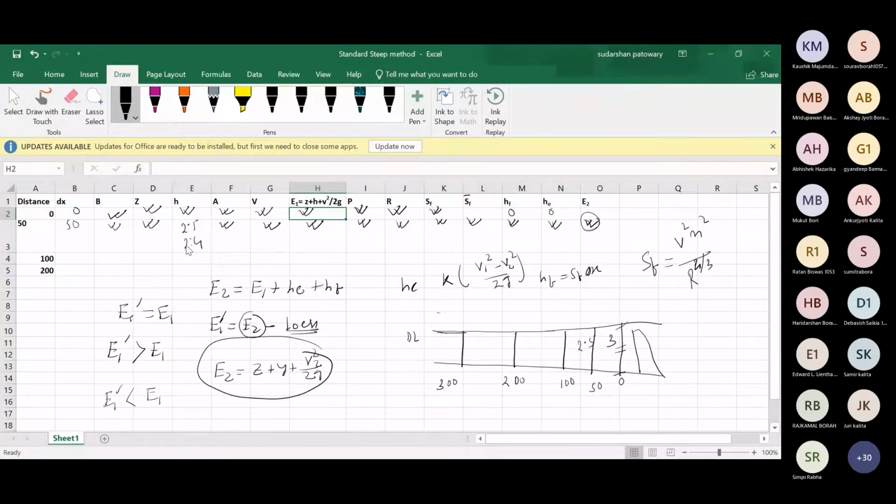So this is a very time consuming problem. But this is more accurate than your direct step method. In the exam, you need not follow this formula if the method is not given in the question to compute the gradually varied flow profile by this method. If the method is not mentioned, then you follow the direct step method.